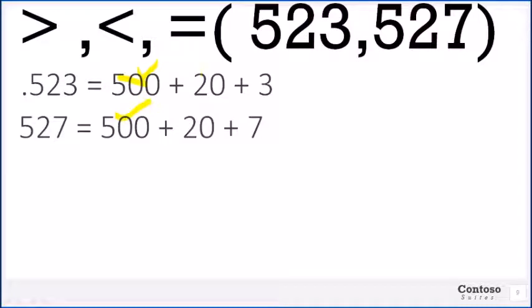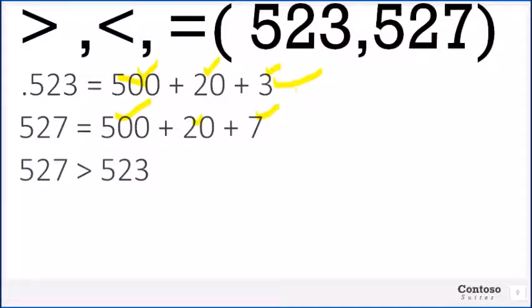In the second position, in the tens position, we can also see that here is 20. In the second number also here is 20. We can differentiate the numbers in the ones position. So here in the ones position the number is 3. Here in the ones position the number is 7. Among 3 and 7, we know 3 is smaller than 7. So this whole number 523 is smaller than